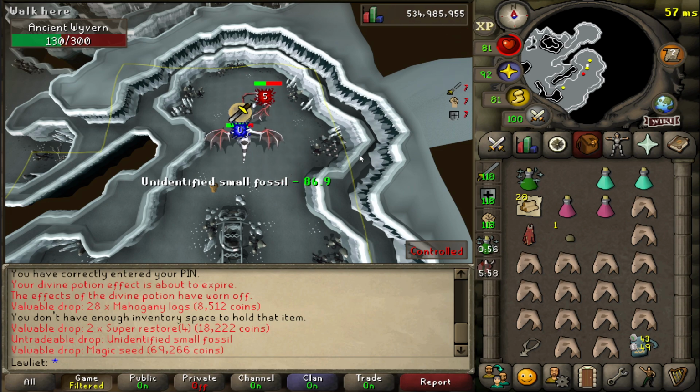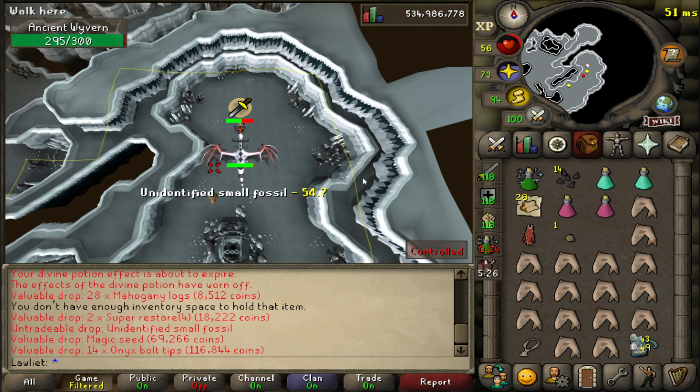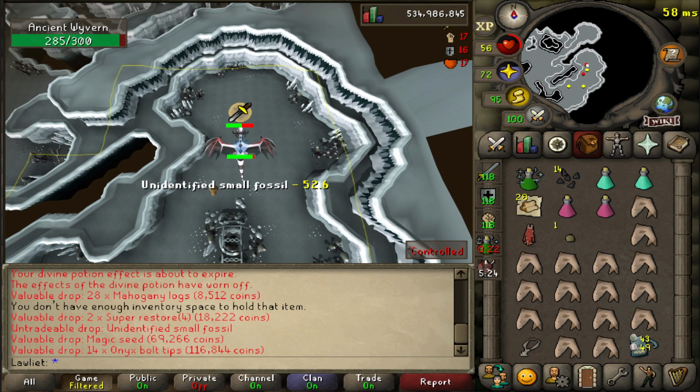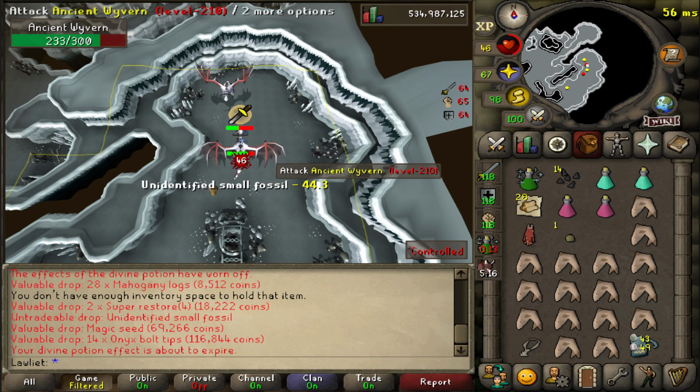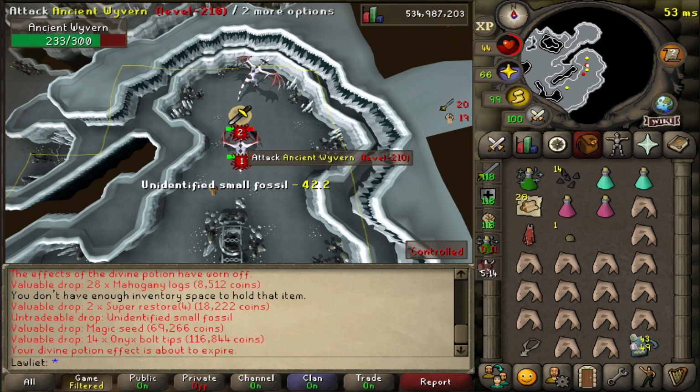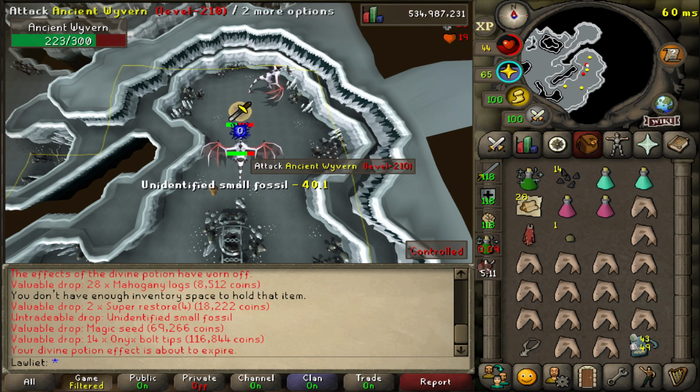And it's good to know that these guys actually drop onyx bolt tips, which is big money here. Every time you see one of those drops, it is in blue text, at least for me, and that just means that it is over 100k, so nice drops. Another big difference between these ancient wyverns and the other ones is that you might want to bring an herb